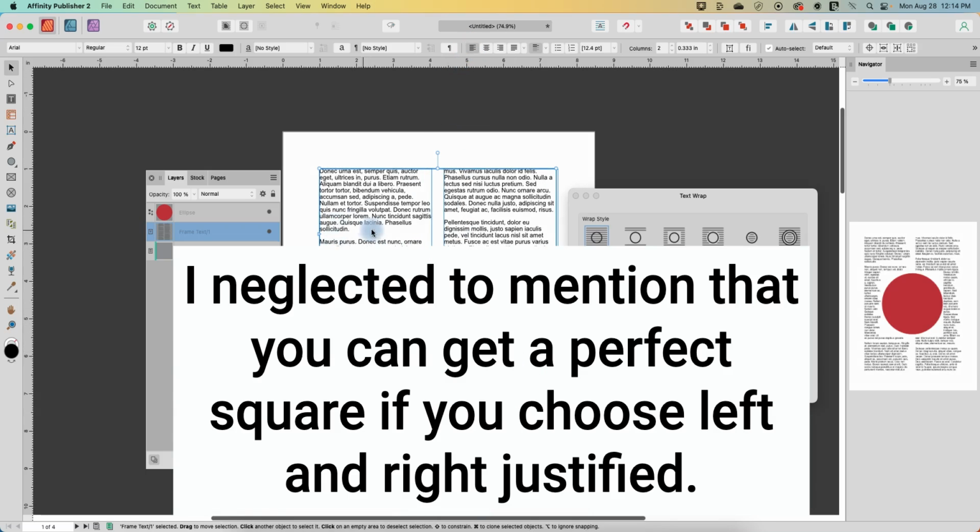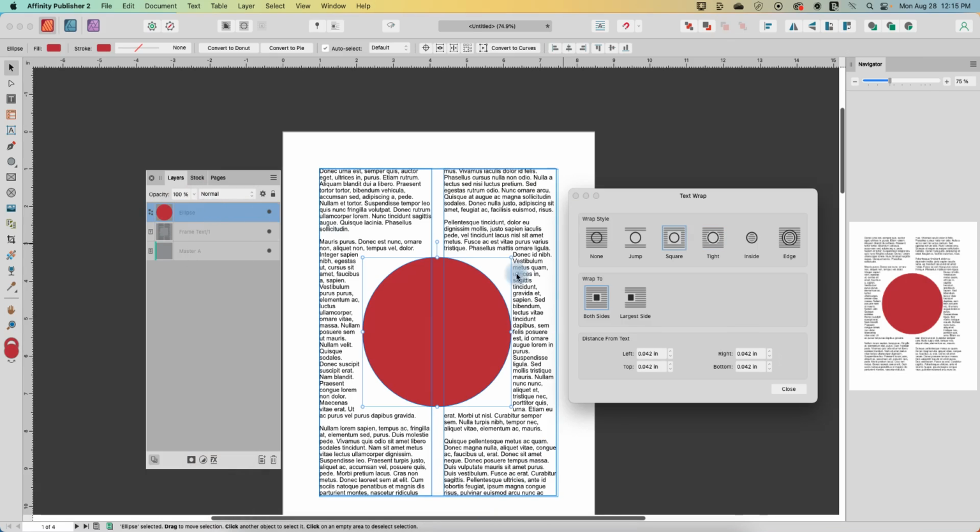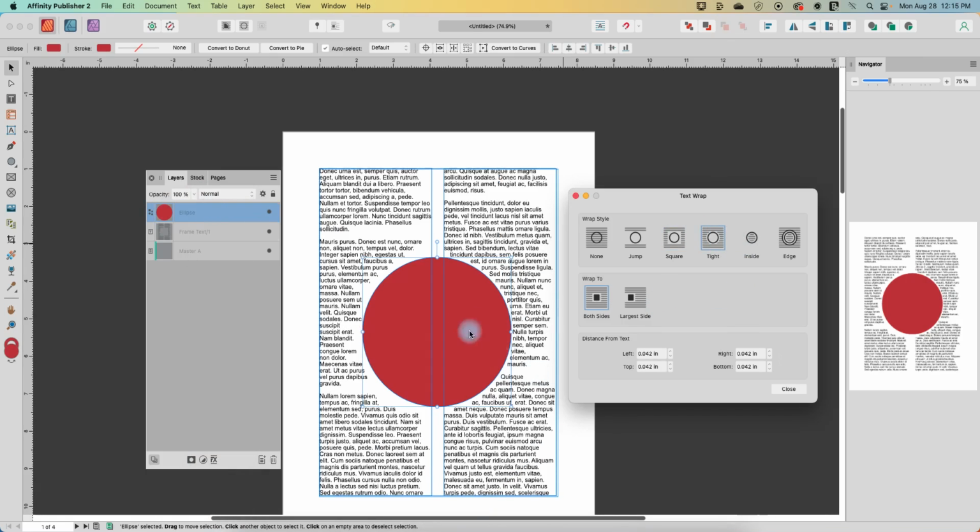The other reason is because this kind of Latin gibberish has a lot of long words in it, so it's having a hard time cutting off the lines in a way that makes it look good. All right, so the next one is tight. So let's select our ellipse again and click tight, and that's going to try and wrap it around the image